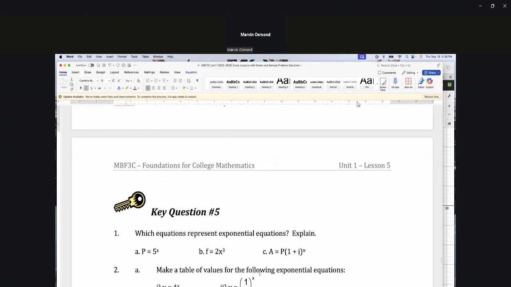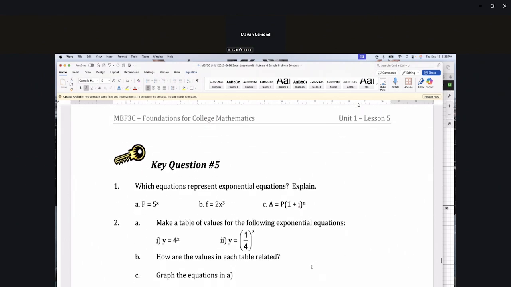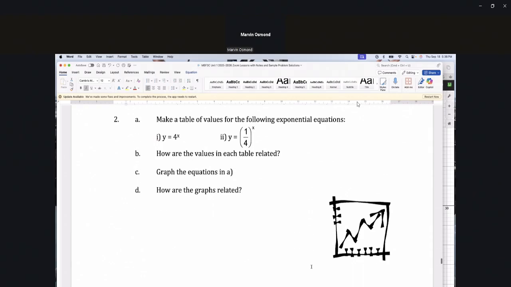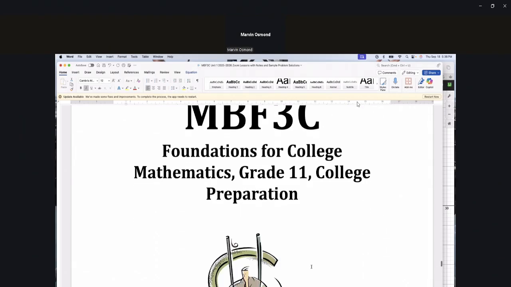Okay, so we have about 15 minutes left. I don't really want to start the next lesson today because we're not going to get very far. So one of the things I want to point out is that at the end of each unit,